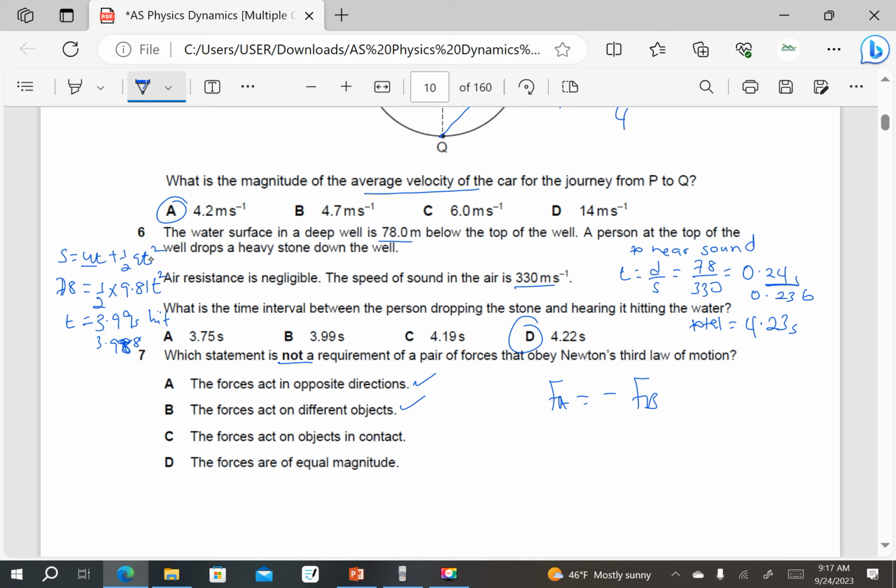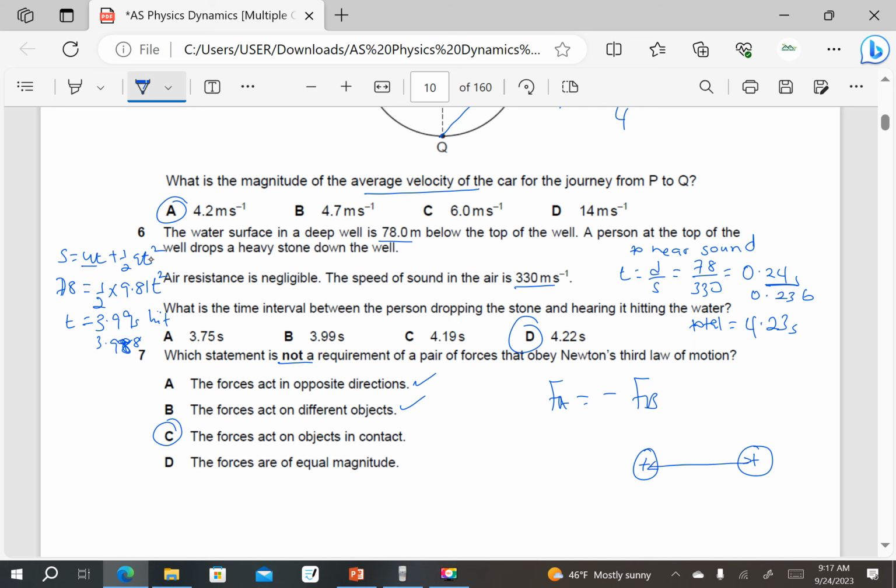They may not; this is not a requirement. It's not a requirement that the forces act on objects in contact. The objects may not be in contact. It could be two like charges, charge A and charge B. If they are charged spheres, this is positive and this is positive, and they are repelling each other by Newton's third law. They may repel each other with a force which is equal but opposite, so they do not need to be